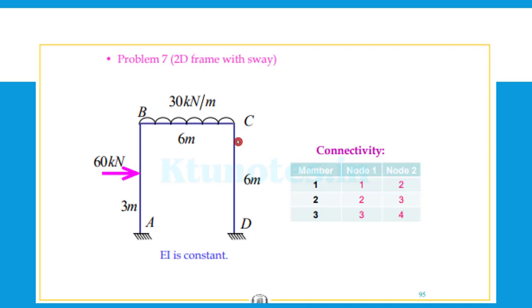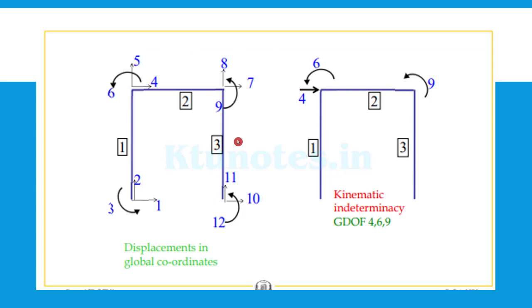So you need to know that there will be 2 rotation degrees of freedom. Additionally, there will be one translation also, which is actually 4, 6 and 9. So the displacements in the global coordinates are written here: 1, 2, 3, 4, 5, 6, 7, 8, 9, 10,